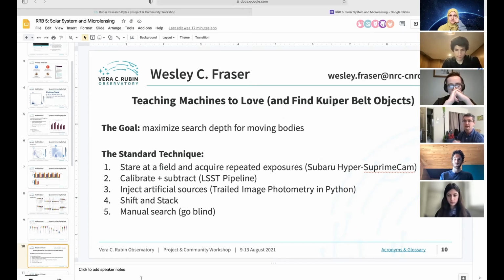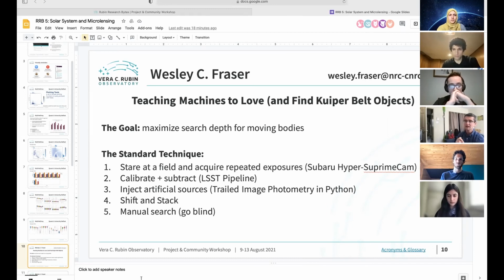We stack them and then we manually search them, basically looking for point sources, because when you get the correct rate of motion, objects show up as nice round things. When you get the wrong rate of motion, they don't show up at all. And this works out quite well, even in large data sets. When you're looking at blank regions of the sky, even when you go blind, blinking a few thousand sources,